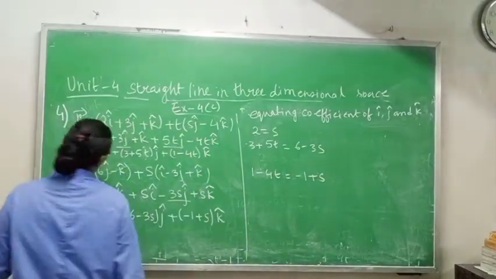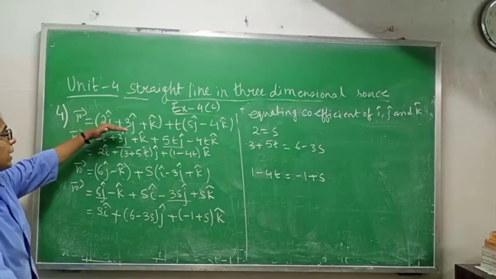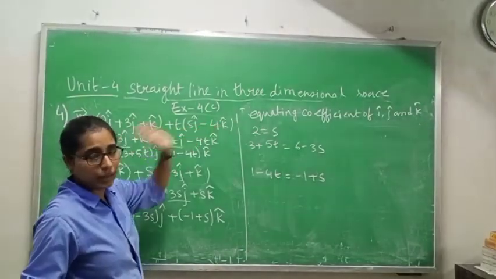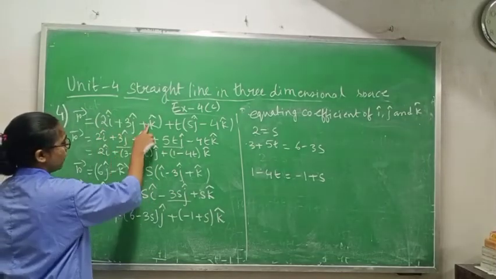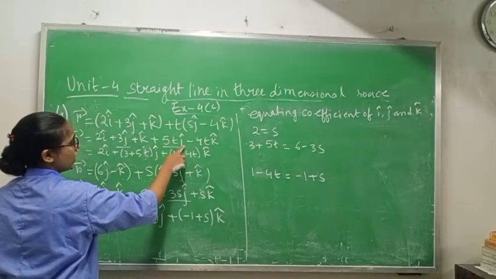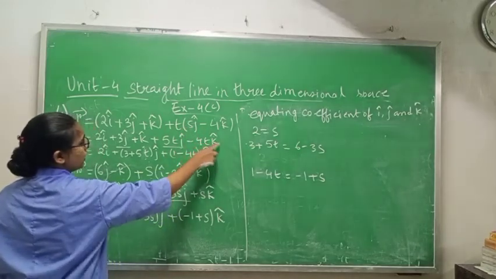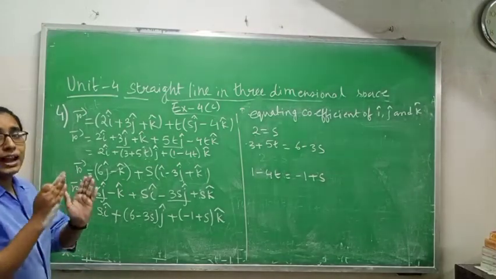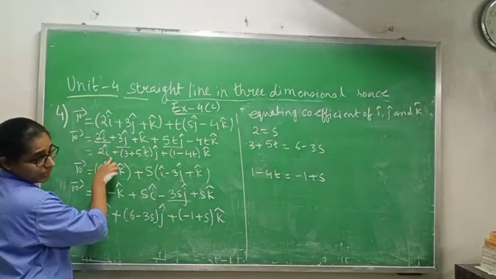How will we do it when it is given in the vector form? Now see, first line is r vector equals 2i cap plus 3j cap plus k cap plus t into (5j minus 4k cap). Okay. First of all, we'll open the bracket. This one we will write 2i cap plus 3j cap plus k cap. Then you have plus sign. This t will multiply with 5j, it will become 5tj cap. Plus minus, t into 4k cap will give you minus 4tk cap. Understood this one? Now you have to separate i cap, j cap and k cap. Now see, here only one i cap is present, so I am writing it as it is.